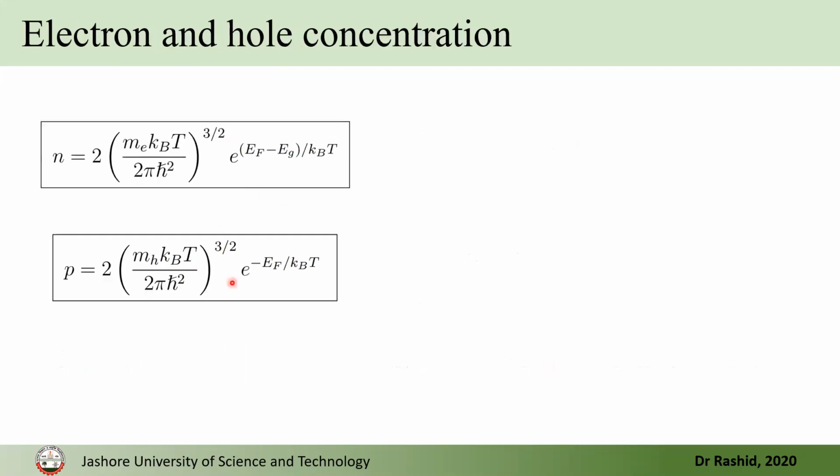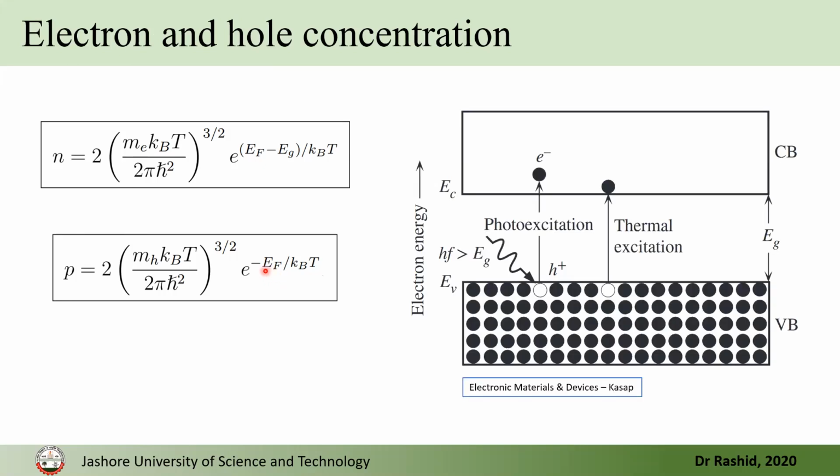Now we have these two expressions. One gives the electron concentration in the conduction band, one gives the hole concentration in the valence band. But these expressions have another term, EF. So we want to get rid of this, the Fermi energy. To do this, we use the analogy that we know when an electron excites from valence band to the conduction